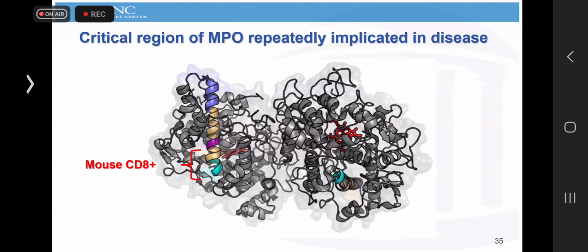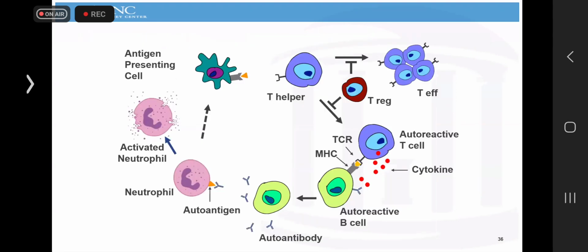Think about it, though. We know so much now about the importance of this portion of the antigen. Wouldn't it be nice to target B cells, autoreactive B cells, based on this reactivity? So